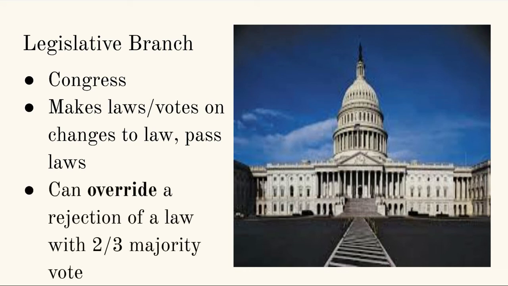Also, during the lawmaking process, you'll get this on the next slide, but there's a way that bills, which is a law that's not quite an official law yet, gets passed off for final approval. There's a way that can get rejected. And if enough Congress people get together and vote, they can override that rejection and still get that bill passed. Okay? But you need that two-thirds majority in order for that to happen. So that's pretty difficult to do today. You need a lot of cooperation within Congress. And sometimes that doesn't work so well.